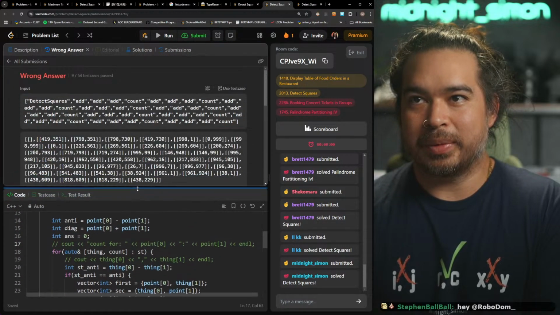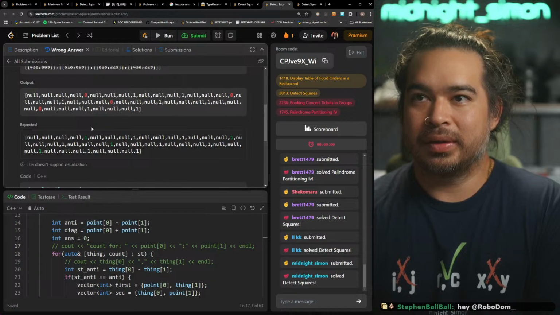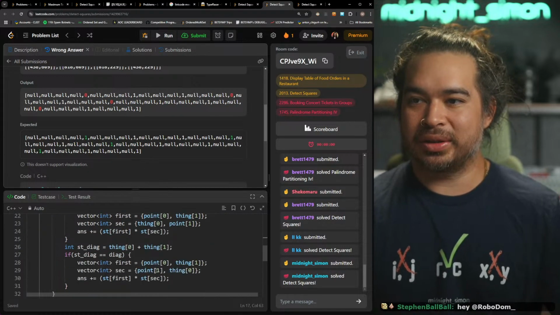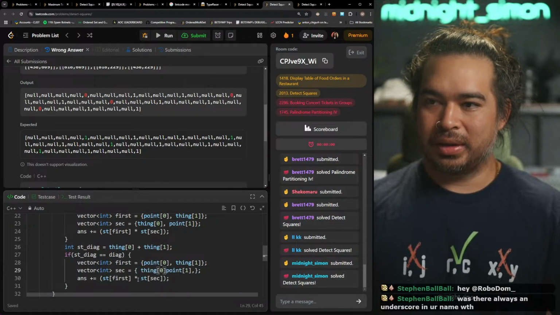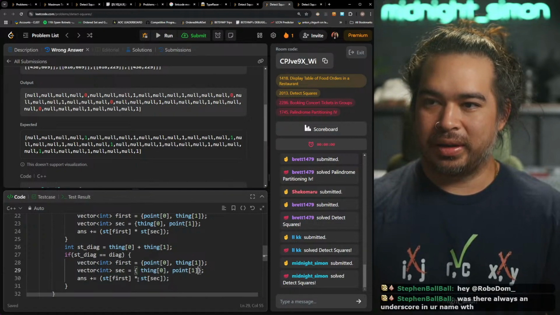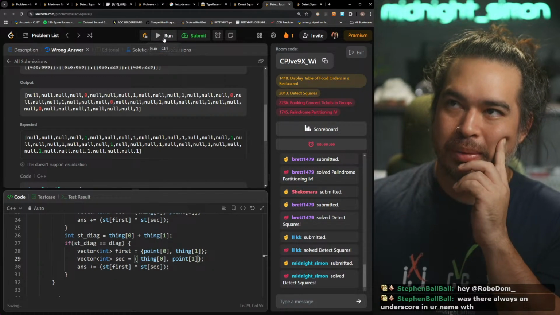It ain't correct, man. So where am I messing up? Is it because I gotta do this one as well? No, I think the diagonals are probably different, man.